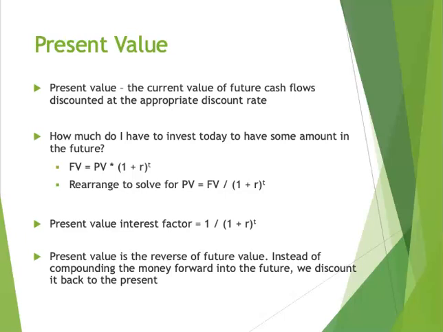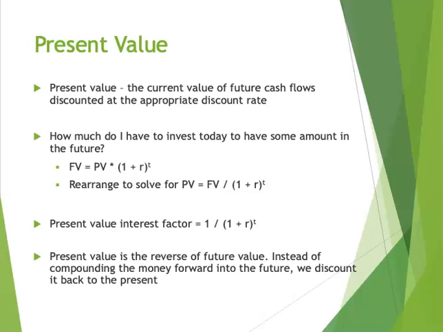So you're trying to figure out what is the value right now. So we've already looked at this formula, right? Future value equals present value times 1 plus R to the power T. And we're basically going to rearrange that to now find what the PV is, given that we already know what our future value would be. So when we rearrange it, we would get present value equals future value divided by 1 plus R to the